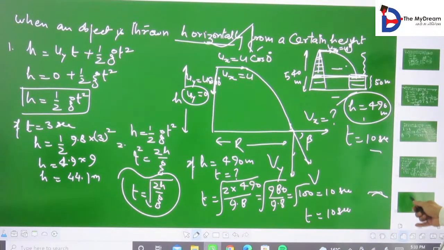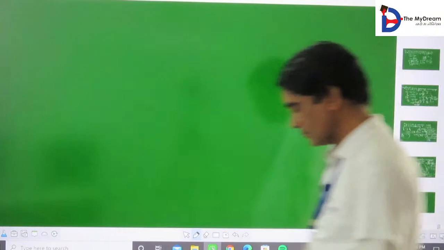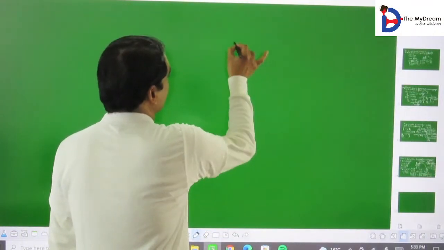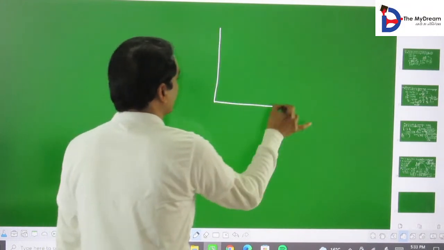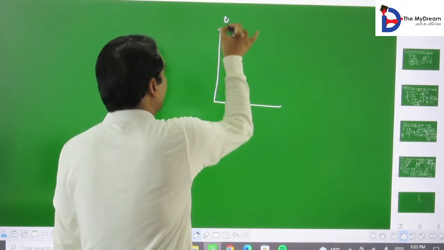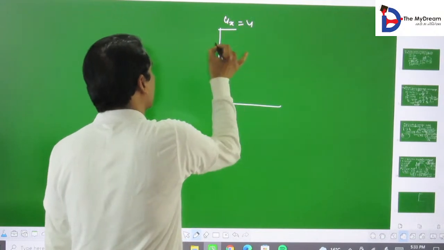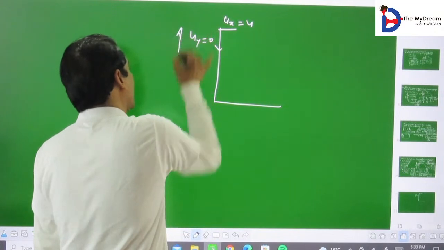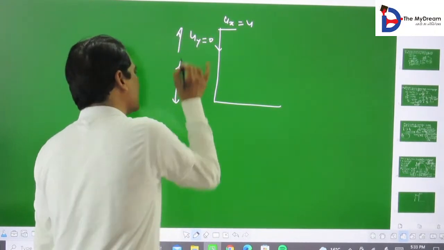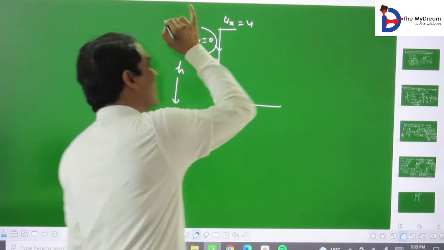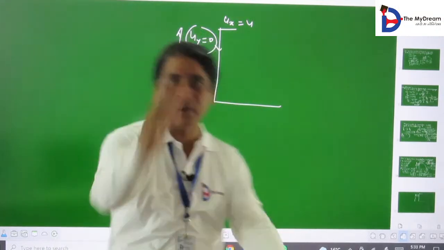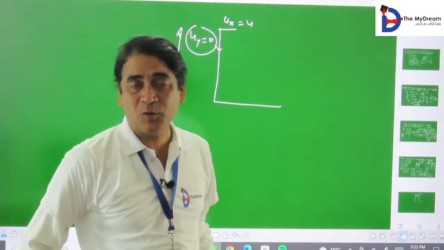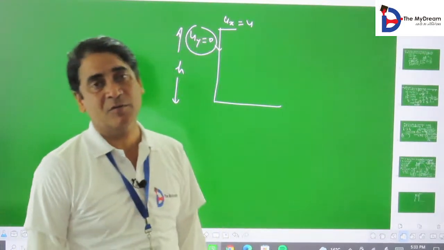The next is, horizontally फेंक रहे हैं, ux क्या है? u है, uy कितना बताया आपको? 0। You must remember, always when an object is thrown horizontally, जब हम हॉरिजॉन्टली थ्रो करेंगे ना बेटा, तो uy हमेशा 0 ही रहेगा। तो u sin 0 0 ही।